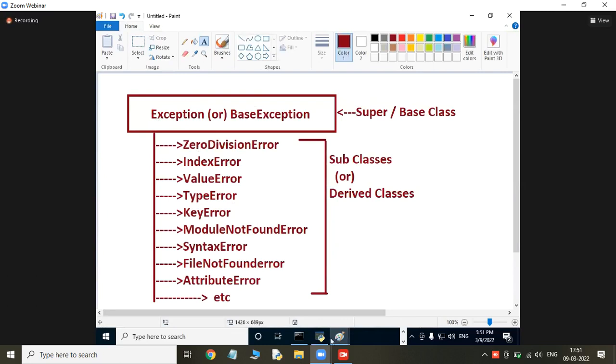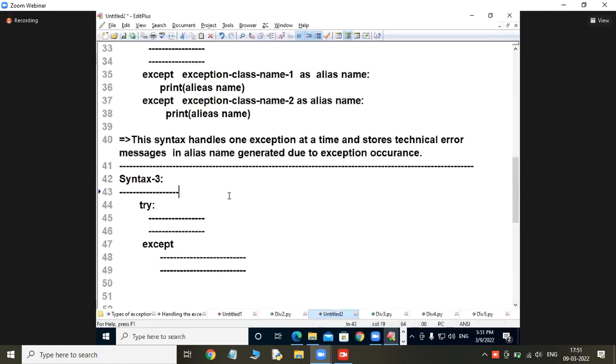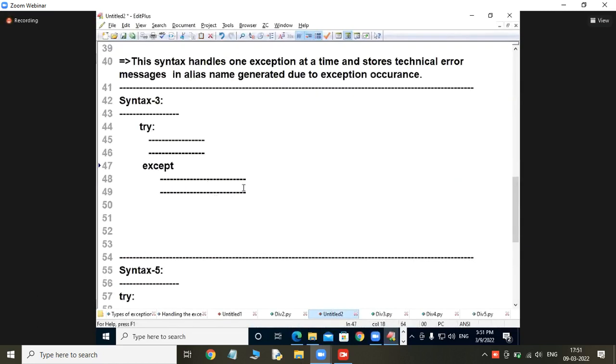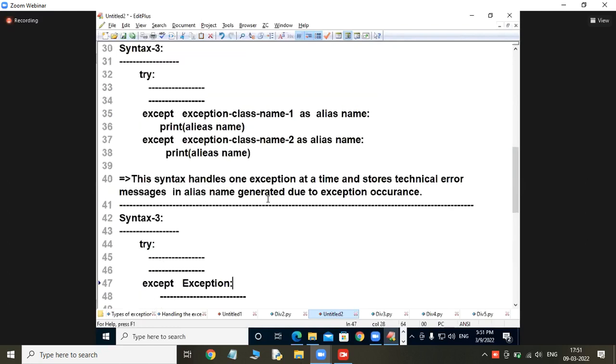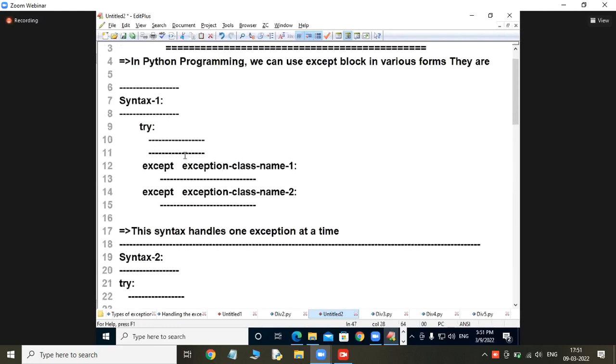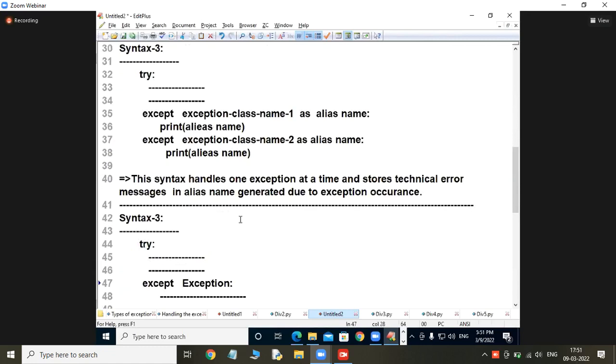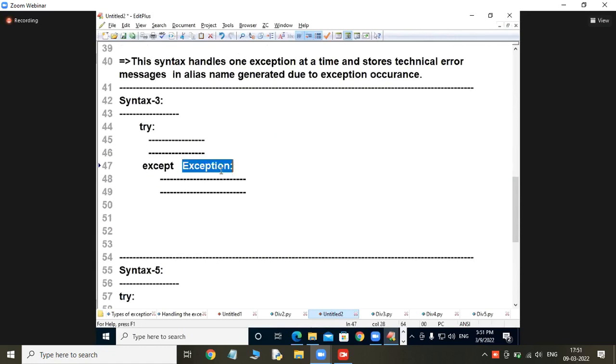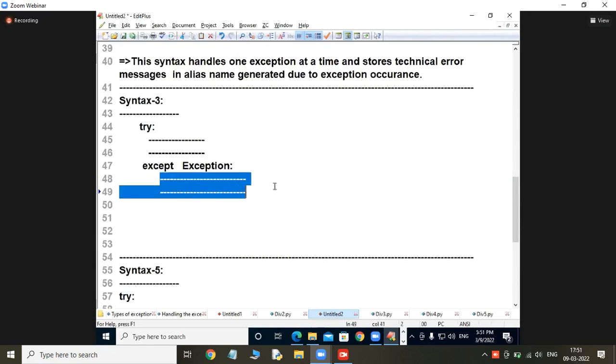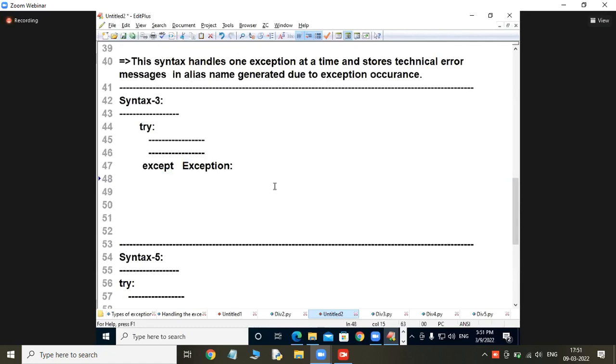Now what I am trying to write today is Exception. What will I write with this exception? Actually this is the most useful syntax: syntax 1, syntax 2, syntax 3. Here, with this exception, you cannot write a particular specific message.